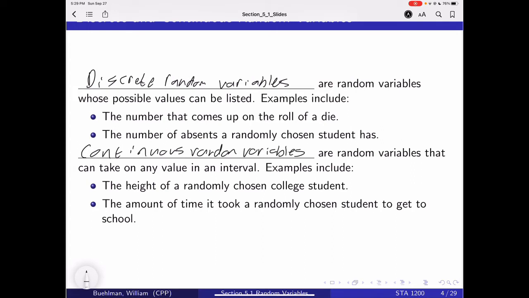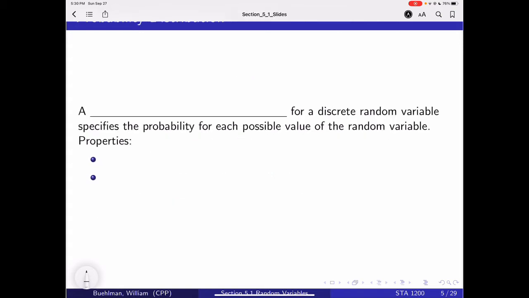Continuous random variables are random variables that can take on any value in an interval. Examples include the height of a randomly chosen college student. Another example is the amount of time it took a randomly chosen student to get to school. A probability distribution